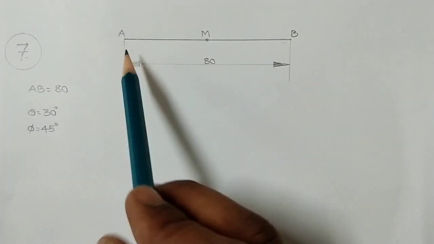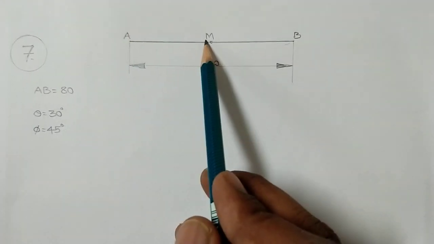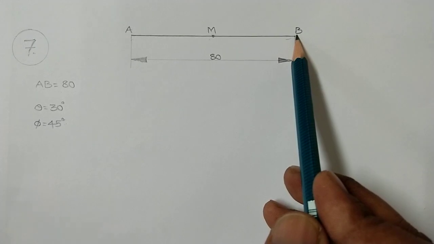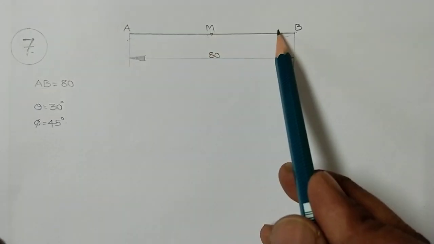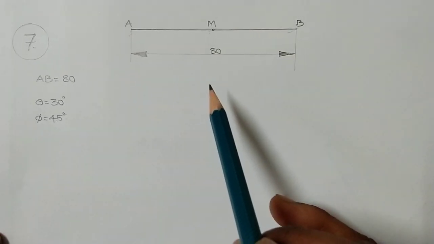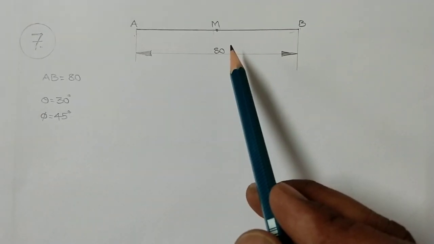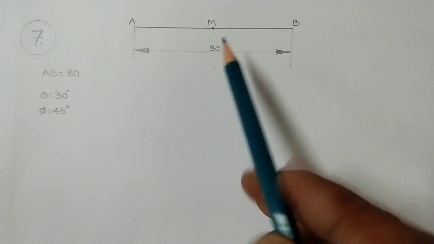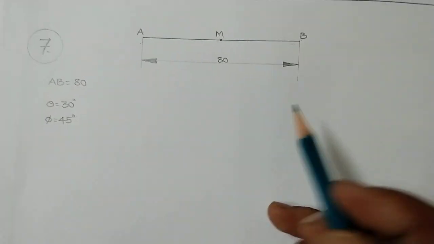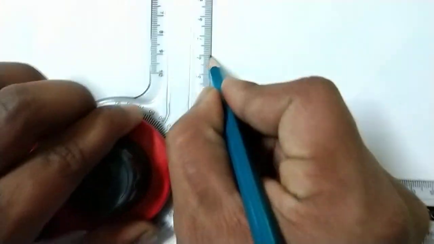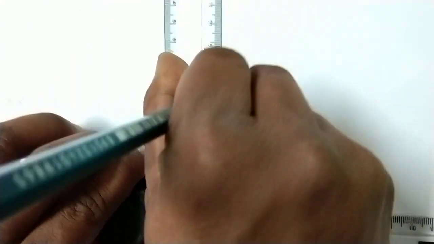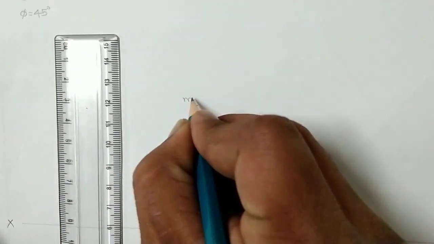So here we should construct locus of A dash, locus of M dash, locus of B dash above the reference line. Similarly, locus of A, locus of M, locus of B below the reference line. Initially we can do that. Similarly, small m is located 60 mm above HP. So we can mark a point 60 mm above the horizontal plane initially. So here this is 60 mm above HP. So I can say this is small m dash.